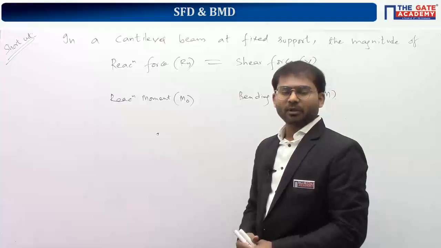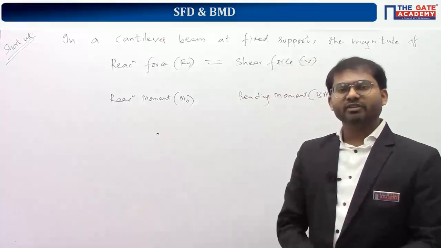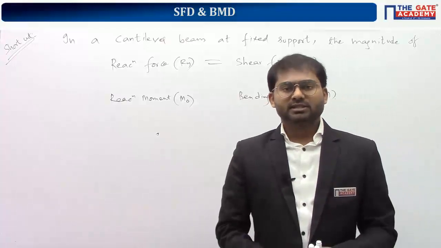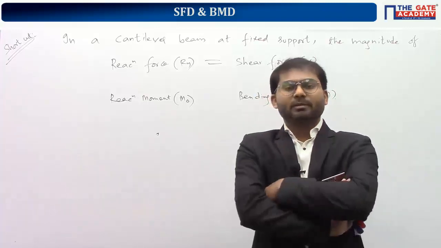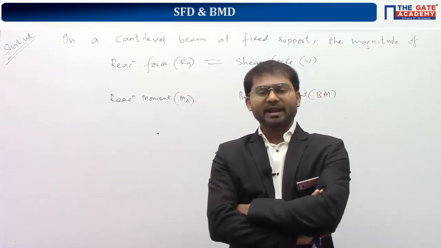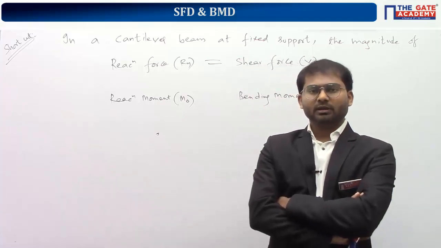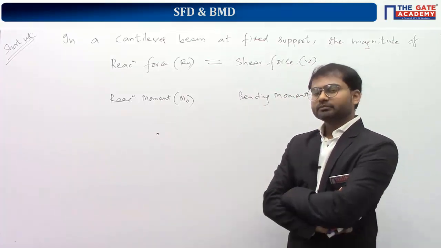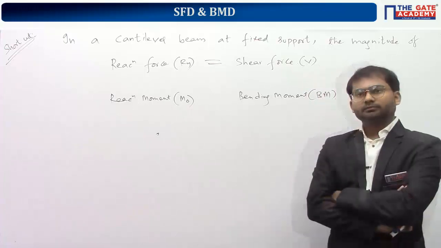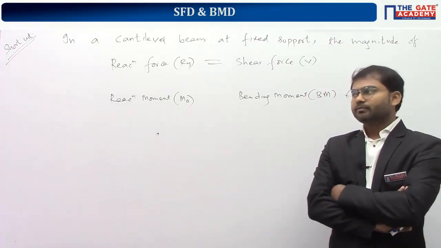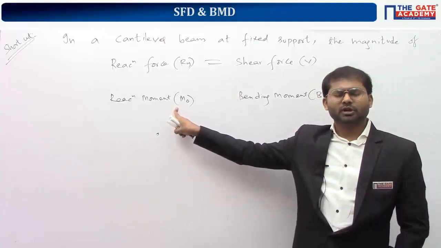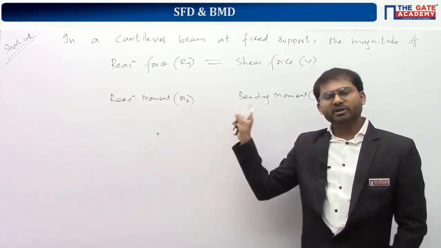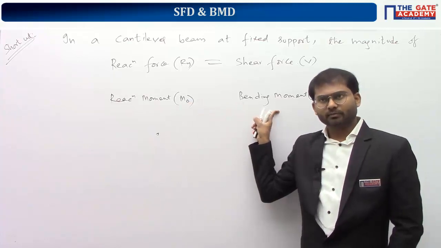Same way, now do the comparison regarding reaction moment and bending moment. See the first example, that is a cantilever beam with point load at the free end. See the value of reaction moment M0, which you got in the first step by applying equilibrium conditions, and compare with the bending moment value at the fixed supports. They are same or not for the first example? M0 value for the first example is W into L. Bending moment is also equal to W into L at that location.